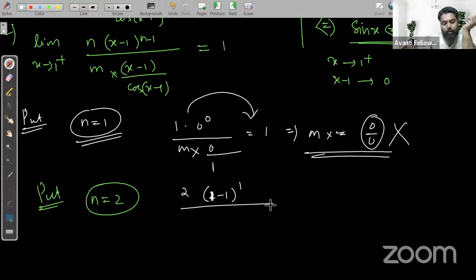So 0 to the power 1 divided by m into (1 minus 1) by cos of 0, that is 1. Okay, and in right hand side we are having 1. ठीक है? Okay. So when you are putting n is equal to 2, we are getting,